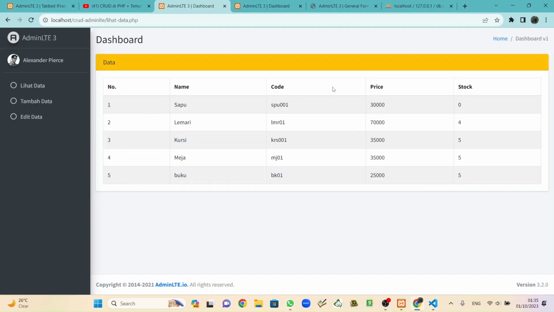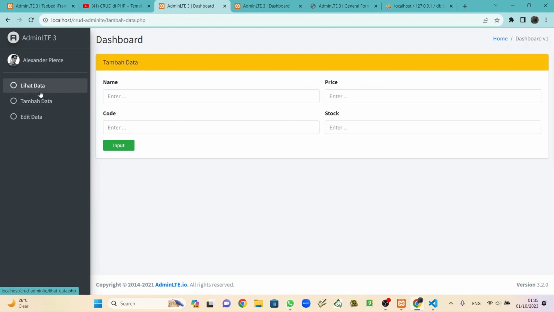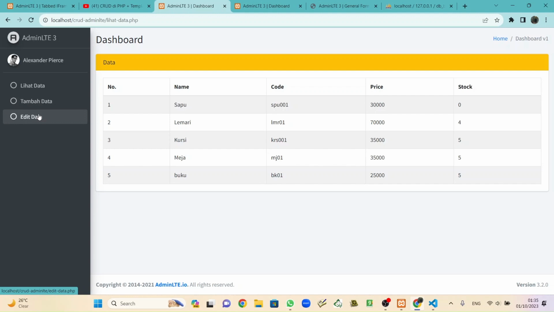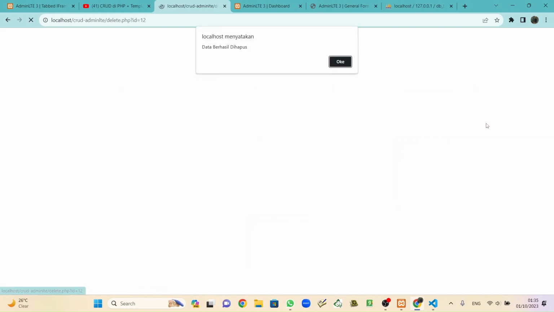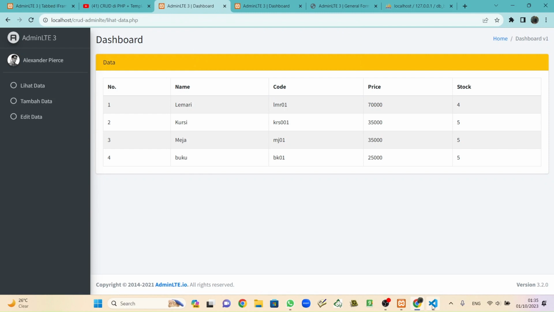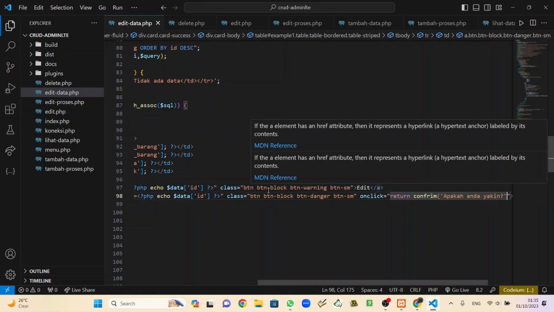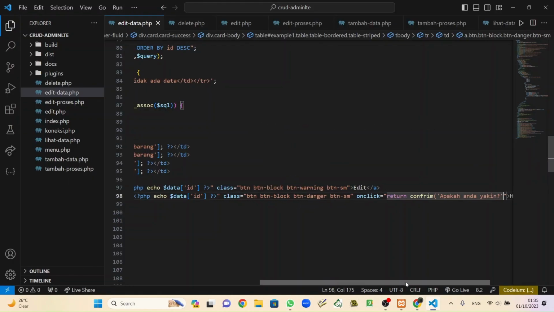And back again, reload. Okay, this is create, read, update, delete. I will delete this sapu. Hapus. Why does it not appear? I don't know. Maybe we forgot to save that. No, we did not forget to save.